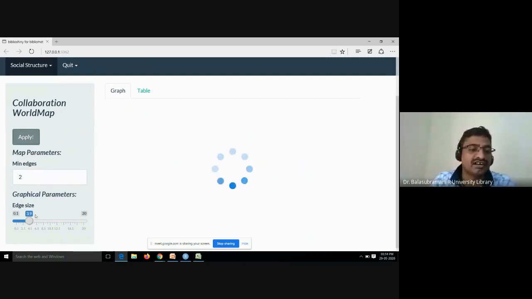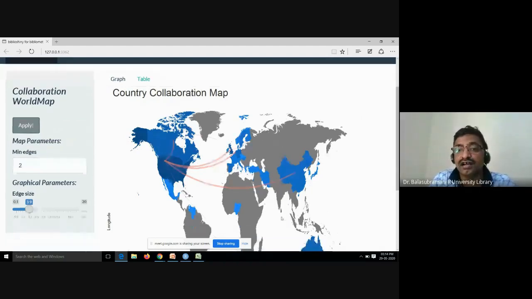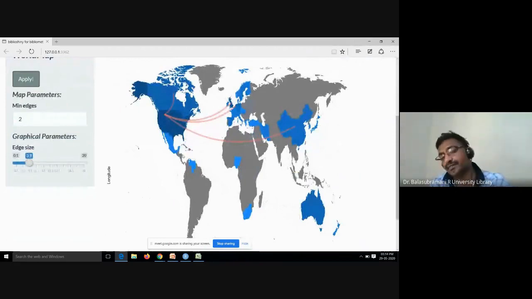Based on these records, you can set the minimum to just 2. You can see how the countries collaborated with each other. The USA collaborated with other countries, but the USA has not collaborated with India, particularly in this scientific subject.